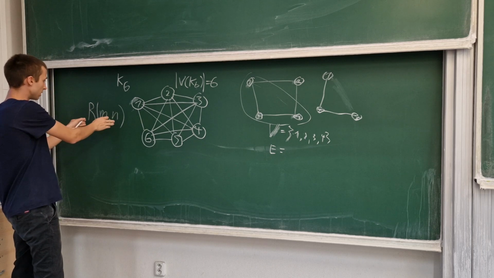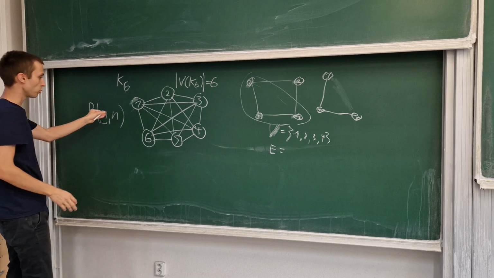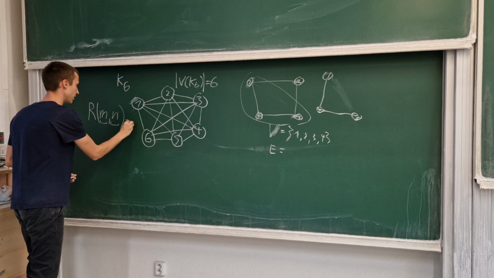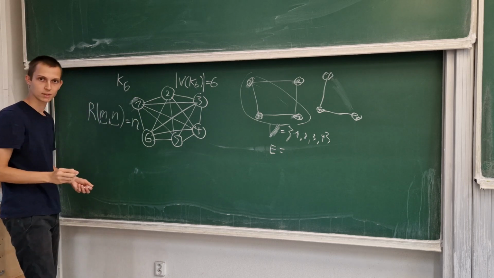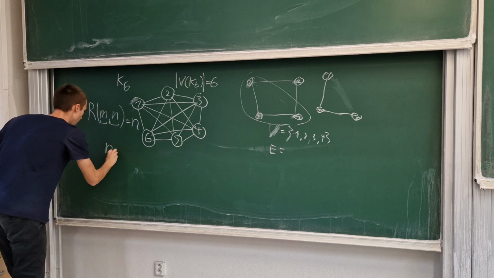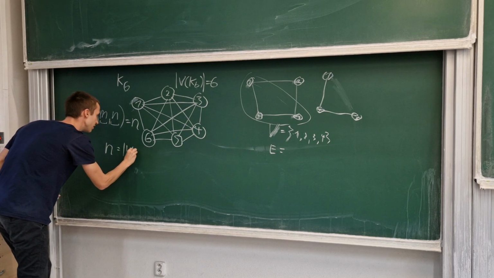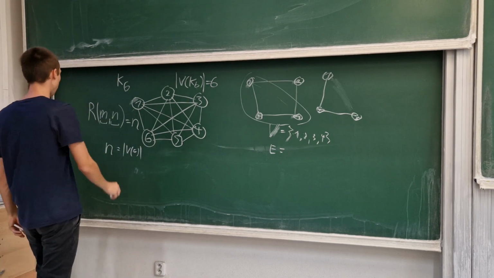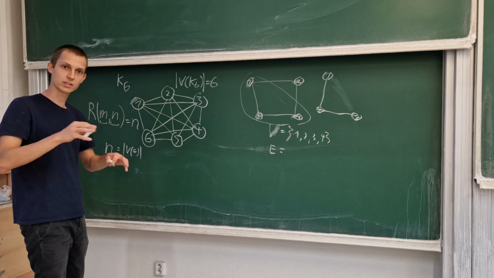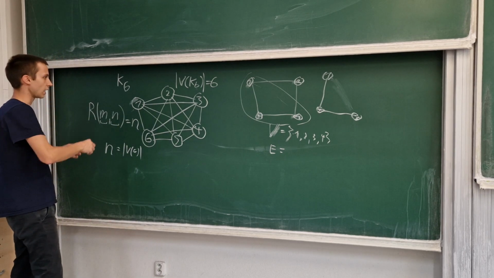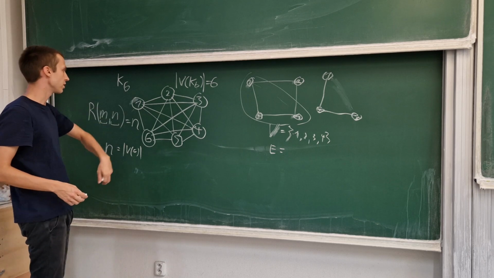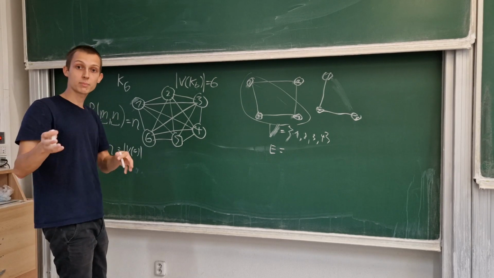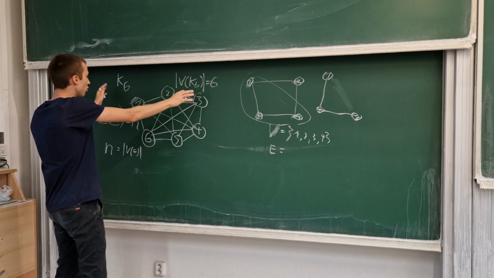Anyway, this is a so-called Ramsey number, defined by two parameters. We want to find, it's going to be equal to usually n, and the n will be some magnitude of the number of vertices of a graph we're looking for. So how many vertices does our graph have to have in order for m and n to be satisfied? And now I'm going to describe what m and n are. That's the important part. Let's say that I decide to color some vertices red, and I don't even know what graph it will be because I don't know how many vertices it has. That's why it might be harder to imagine. But let's say that I know already for K6,